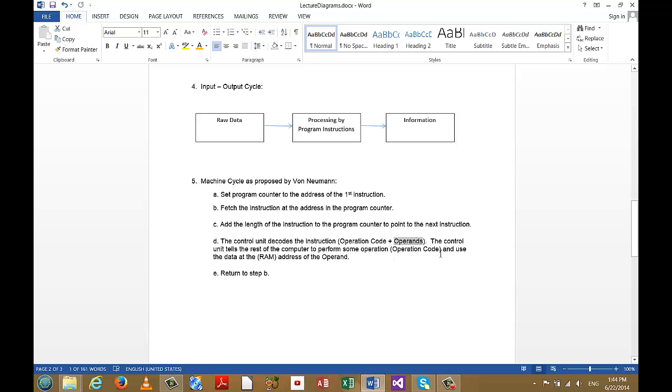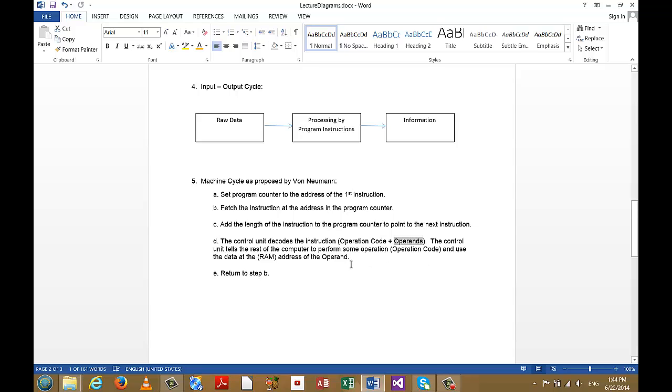And so I've short-circuited this explanation, but basically there's another fetch that has to occur, or a sequence of fetches that have to occur, in order to get the data that's being processed stored back into the general purpose registers in the CPU. And then once the general purpose registers contain the values of the data that's found at the address of the operand, then the control unit can tell the rest of the computer how to perform the task. And when that task is performed,